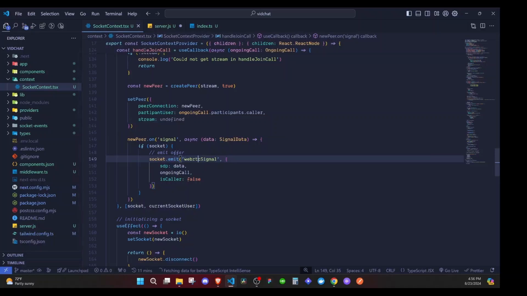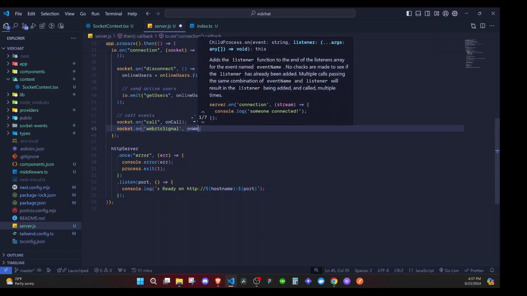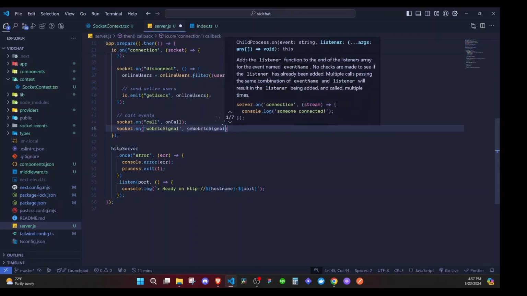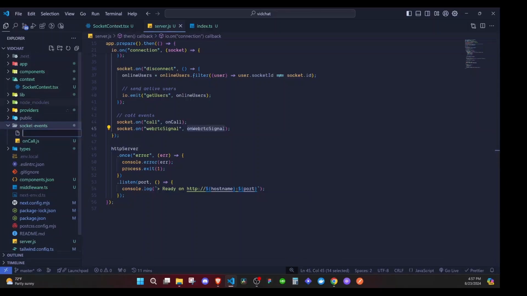So always make sure that this spelling is the same, and if you need to, you can even copy paste that so that you don't miss the spelling. So I copy paste that one, and then right here we will call on WebRTC signal function. So we create this function, and on the server you can see it doesn't complain because we are using JavaScript. If we come now to socket events, we can create that particular function, and we'll say